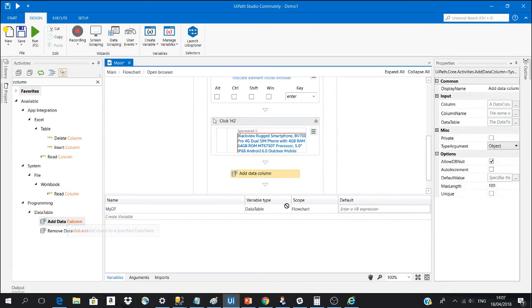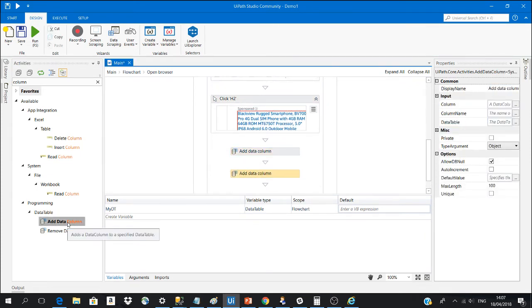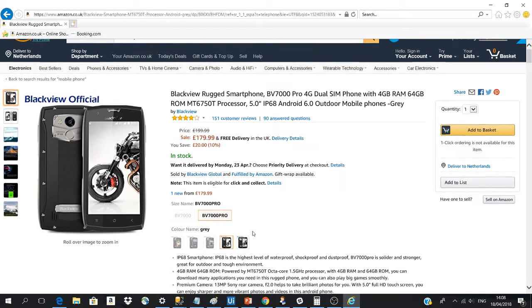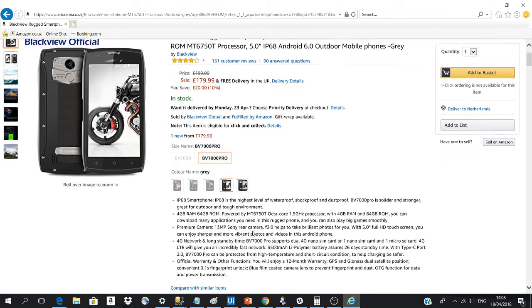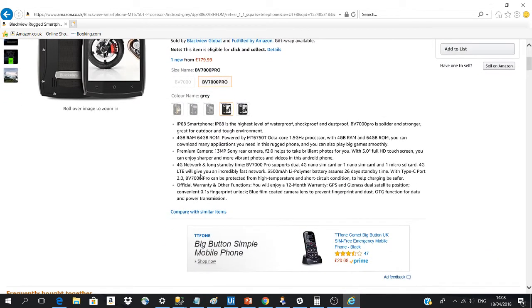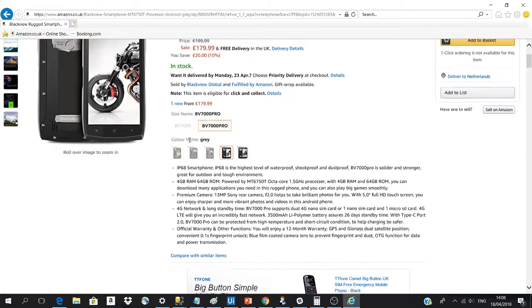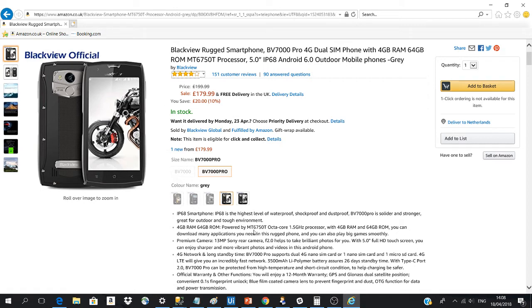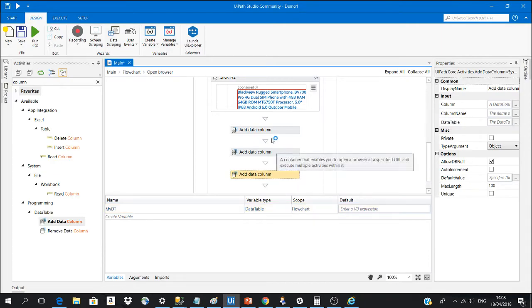And how many columns we want, we can add it here, like 3. We're gonna extract the name of the product, then the price, and the description. Name, price, and the description. Okay,